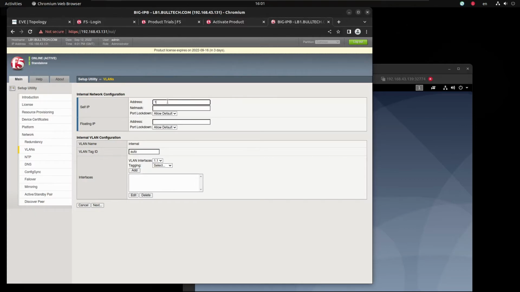So the IP is going to be 192.168.101.131. The net mask is going to be 24. The floating IP is essentially just like a virtual IP if you have different units of F5. It's like setting up virtual routing, VRRP, HSRP, GLBP. So it's just a virtual IP that's going to be shared with different units. So in this case, it's going to be